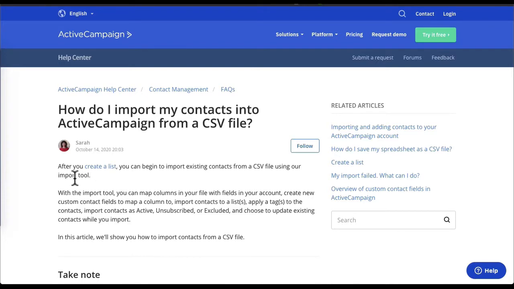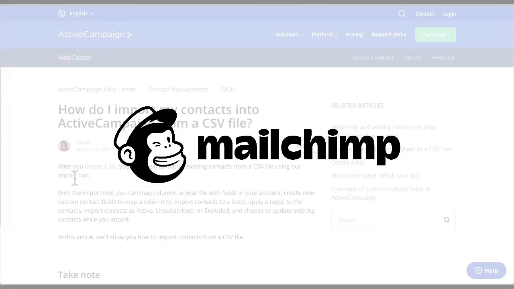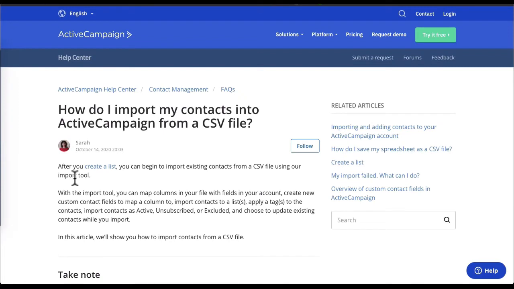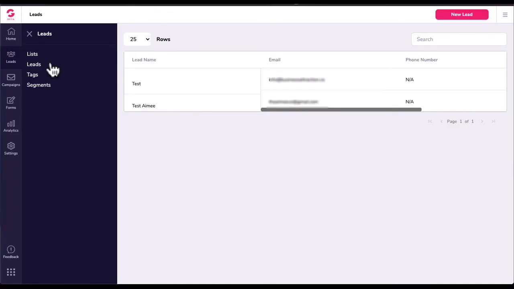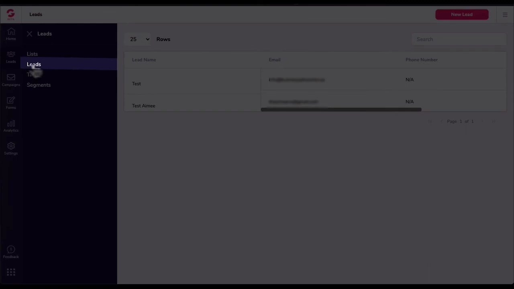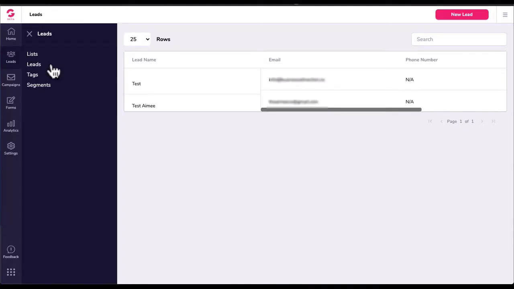And I'm not going to show you how to import your email contact list into your email marketing provider, because you can be using ActiveCampaign, ConvertKit, MailChimp, and each one of these providers will have their own instructions for importing an email list. If you're using GrooveMail, you cannot upload your email contacts into GrooveMail yet. You will have to do this manually by adding a contact under Leads, okay? So just bear that in mind.